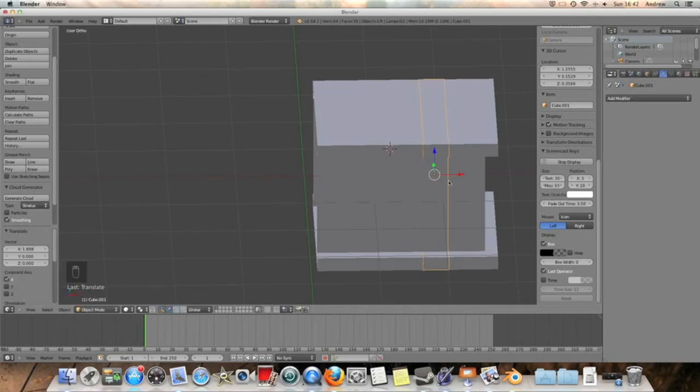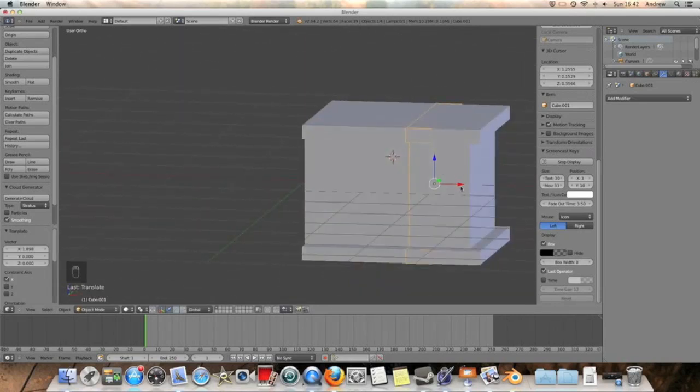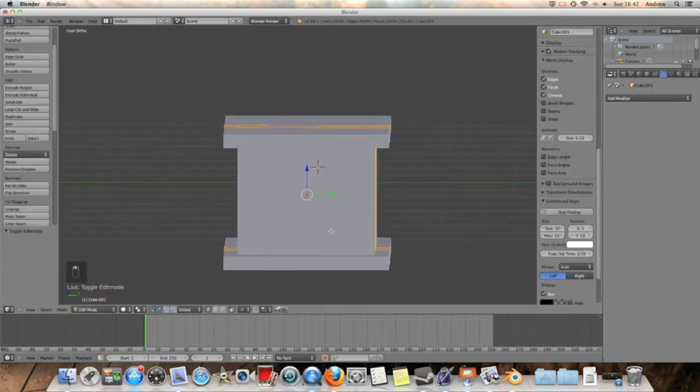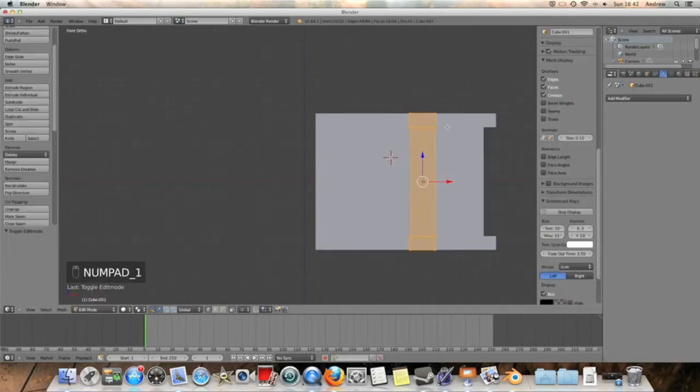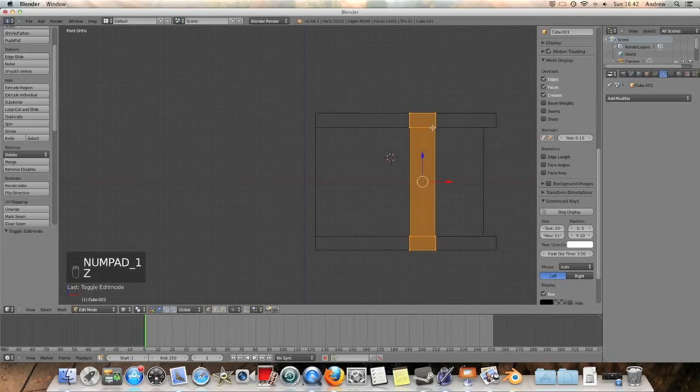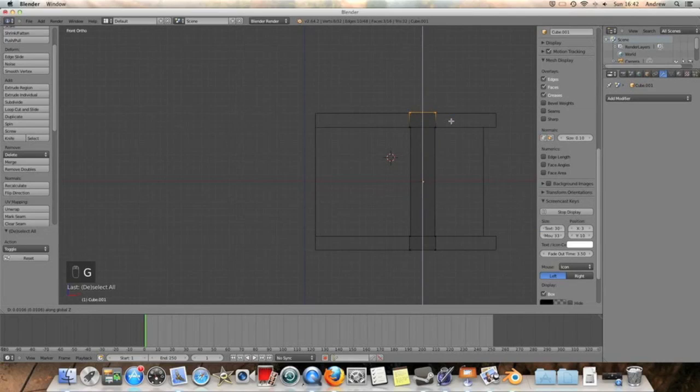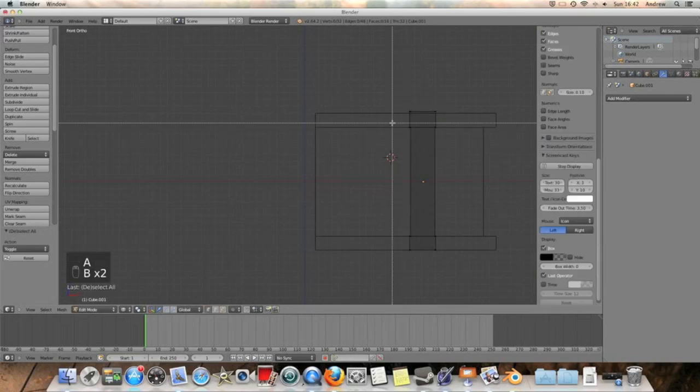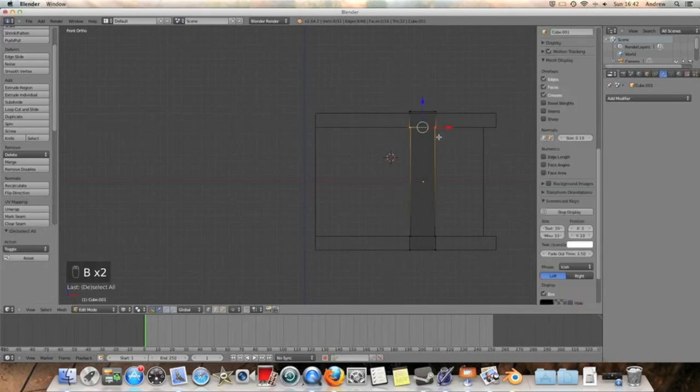And then move that into the position where you want it, and we're going to want to edit it in edit mode for a little bit. So let's go into wireframe, and let's just select the top there. We're obviously going to want to move it just off the surface a little bit, not too much, but just noticeable enough. Same for these points here, grab them downwards, and the same for these points,